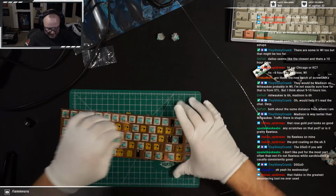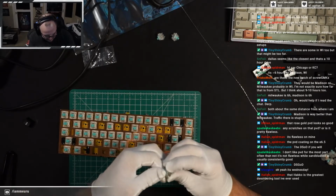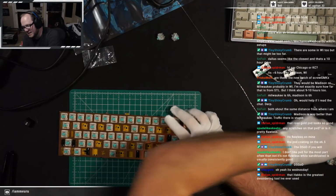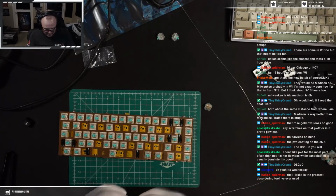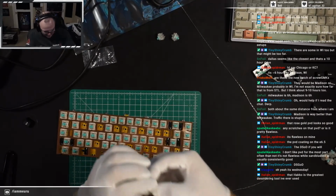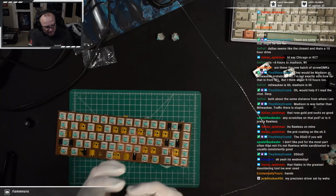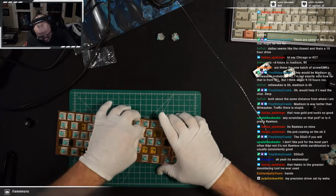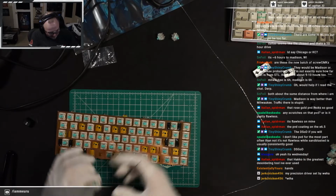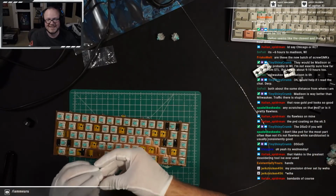I don't know, what are your guys' favorite tools that you use for building keyboards? Like, what things could you not live without, right? I think for me, it's a decent soldering iron, a decent desoldering pump, a good switch puller, or a functionally good one anyway, a decent keycap puller, band-aids,